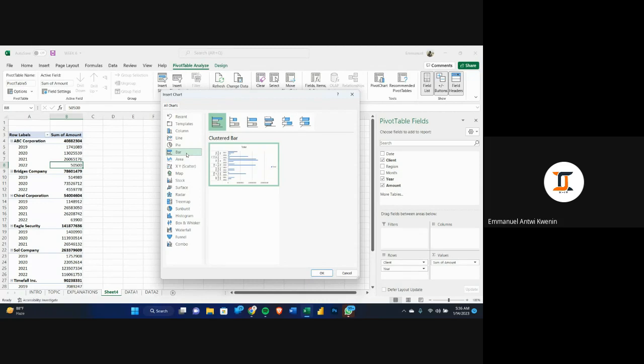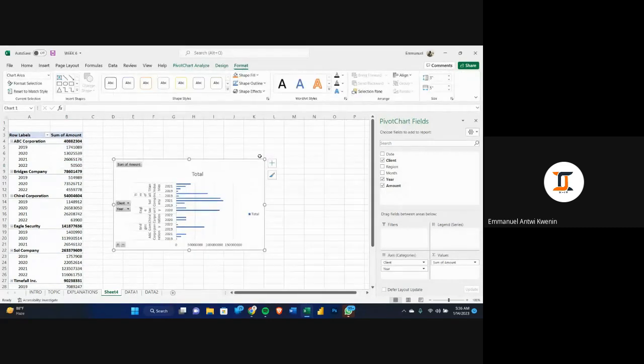If you feel you can do everything in PowerPoint, that's fine. If you feel you can do more in Excel, you can do your presentation in Excel and then go your way. So when you click on pivot charts, it brings us to a pop-up where you see a set of charts. And then from there, you can decide on the chart you want to insert. Now, with this particular kind of information, I think using a bar will fit. So when I click on OK,